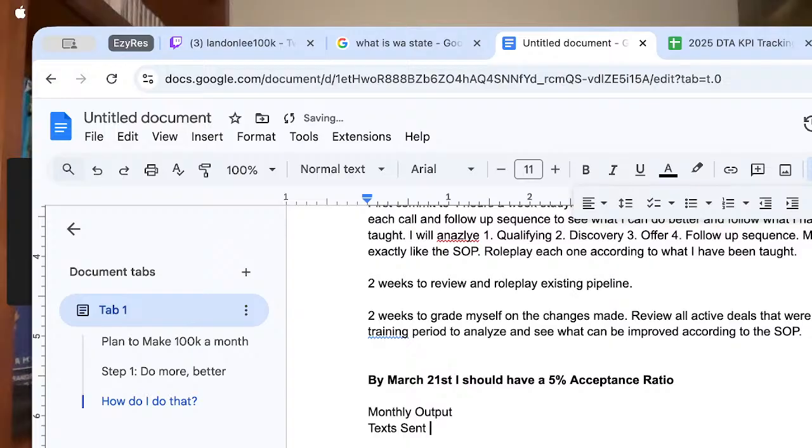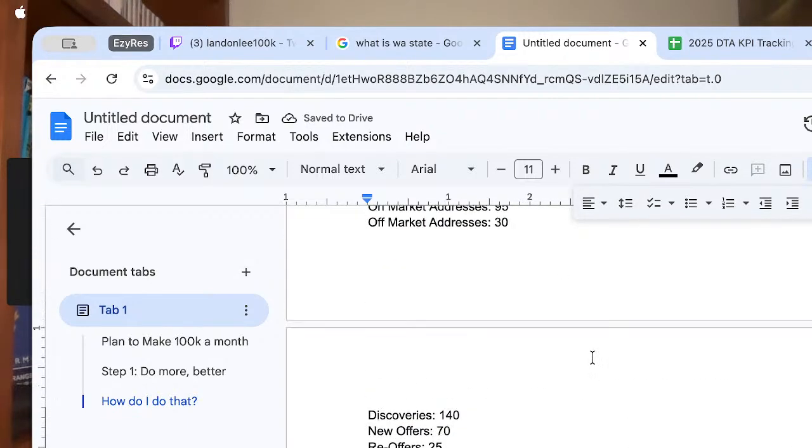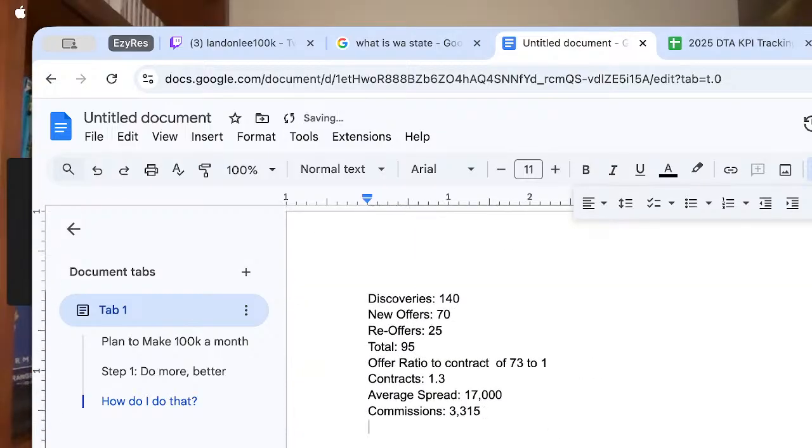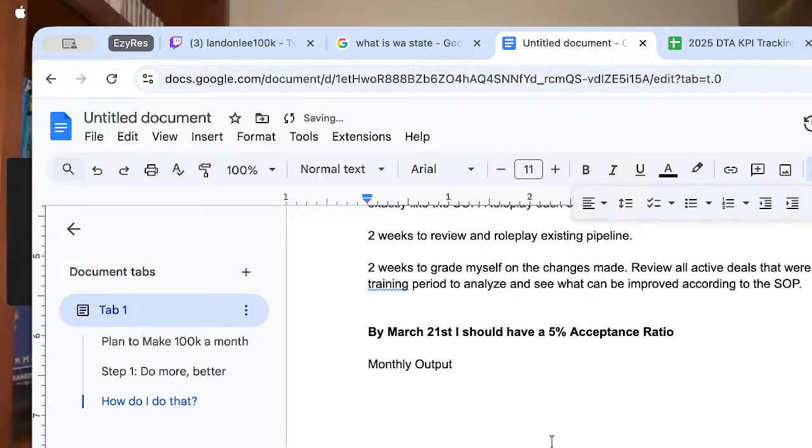Text sent. Income: 3,315. So we basically want to track my monthly income. This would be 13,260. Okay, now my monthly income will be